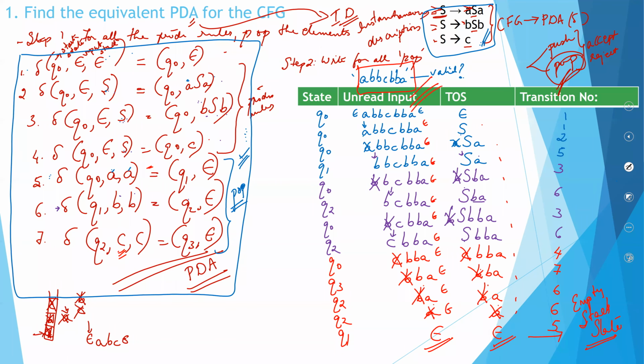So this is how you check validity of a string using your transition functions. Okay. So very well, you can even check whether the string is valid with your grammar. The string is valid both with your grammar and your PDA functions. What you have done, it is correct. Okay. If here you were able to prove it correct, and here if you are able to prove it wrong, this part went wrong.